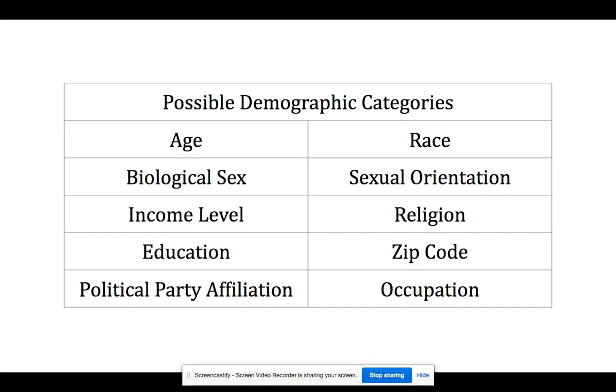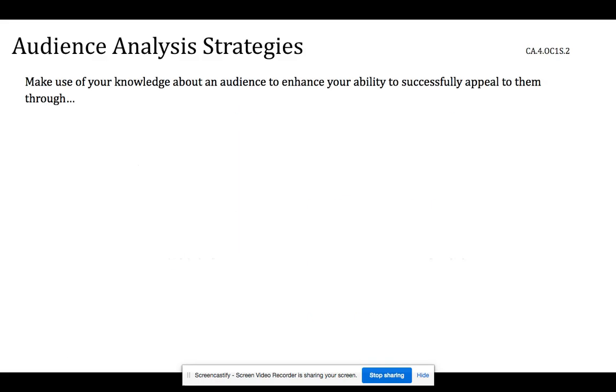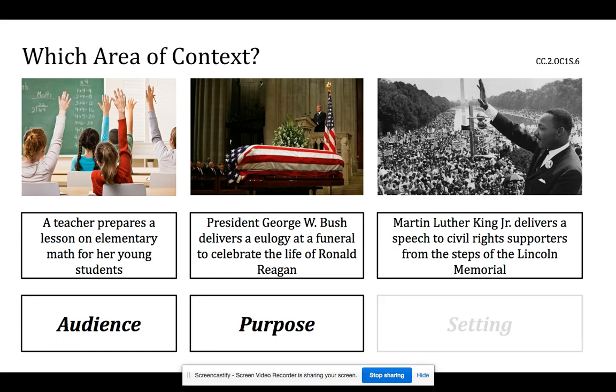Did I skip a slide? Oh, sorry. I skipped purpose because y'all already know the purposes. If you don't, go back to outlining. But our three purposes for speaking are to celebrate, to persuade, and to inform. And so for my freshmen, I go through those, but I don't really need to go through them for y'all. So we're going to skip straight to the audience.